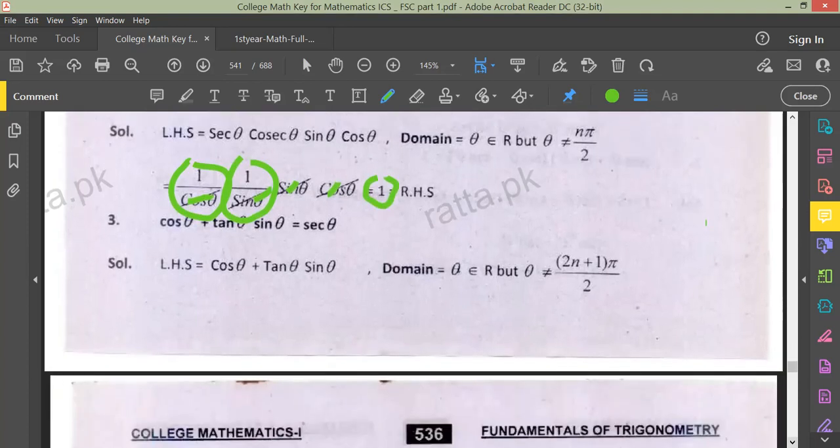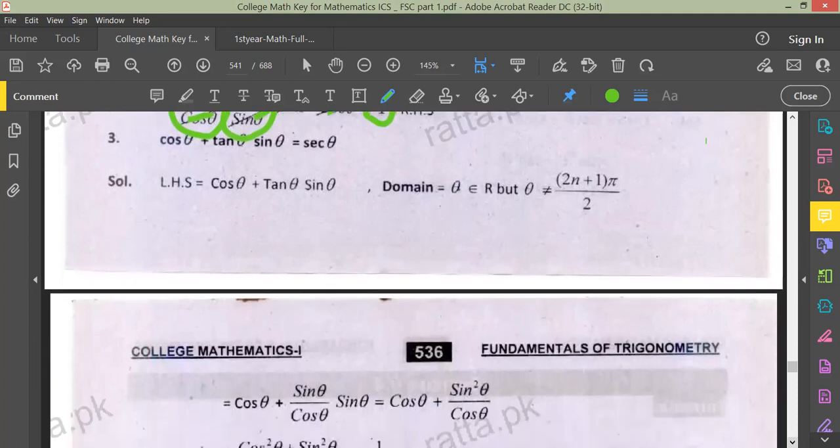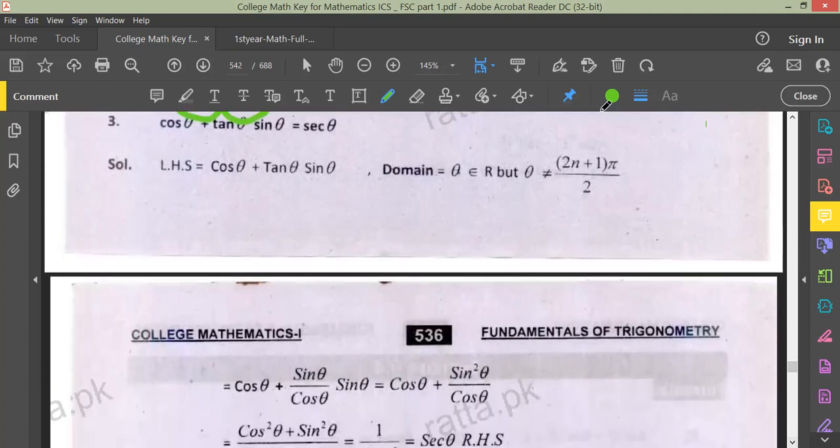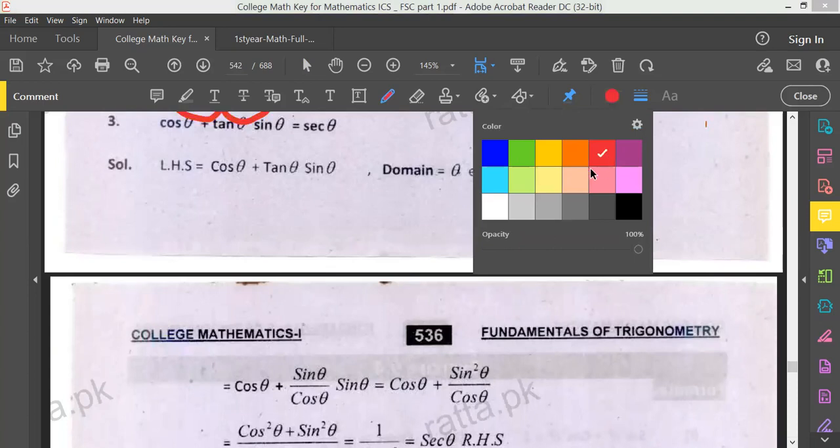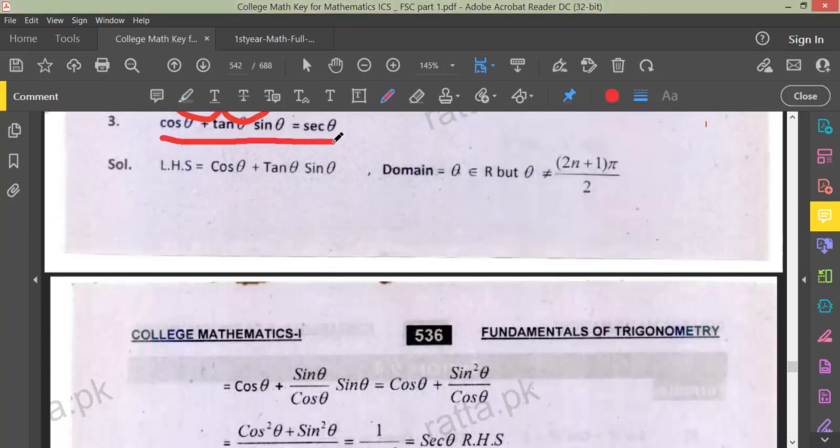Similarly, if we further discuss question number 3. Question number 3 is cos theta plus tan theta sine theta is equal to secant theta. Similarly, taking the left hand side, which is cos theta plus tan theta sine theta, we know that